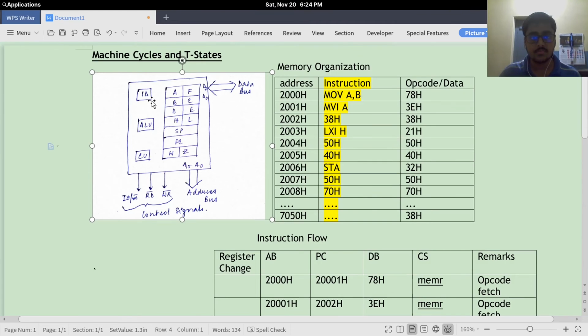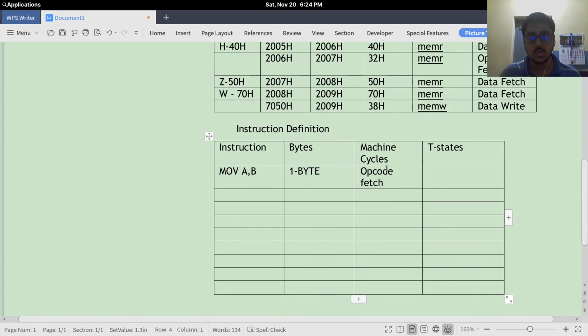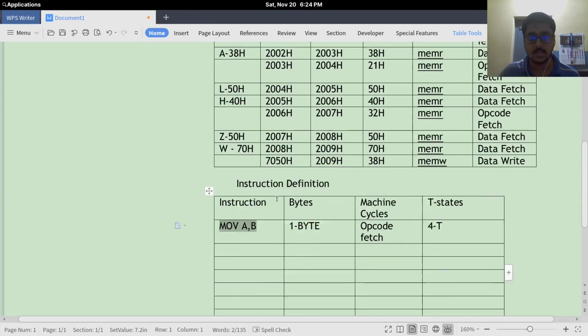So this is the fourth T state. We need 4 T states for MOV A, B. So you can remember that for a one byte instruction we need 4 T states.